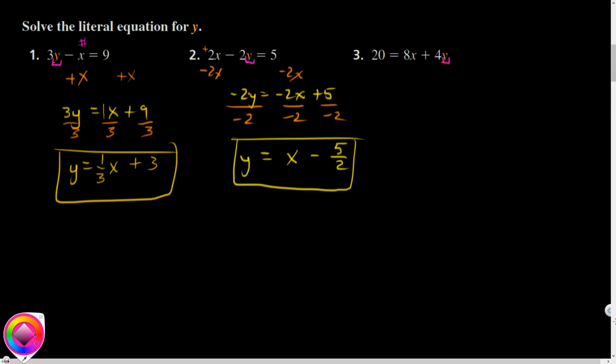All right, mis compadres. Let's see. So I'm pretending the x is a number. To move this, which is a positive 8x, I'm going to subtract 8x from both sides. You with me, friends? Amigos, compadres, estudiantes? Gracias. So I've got negative 8x plus 20, right? That's a positive 20,